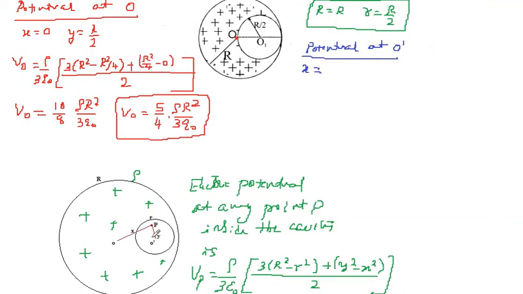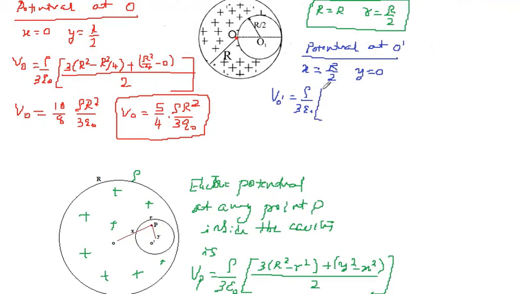If the point P shifts to this O dash, then what actually this x is, x itself is O to O dash. Okay, so this itself is x, this itself is x, means r divided by 2. When the point P shifts to O dash, y becomes 0, right? So put y is equals 0. So now VO dash is equal to rho divided by 3 epsilon O. I am replacing something in this equation. Okay, so I have given you the clue.